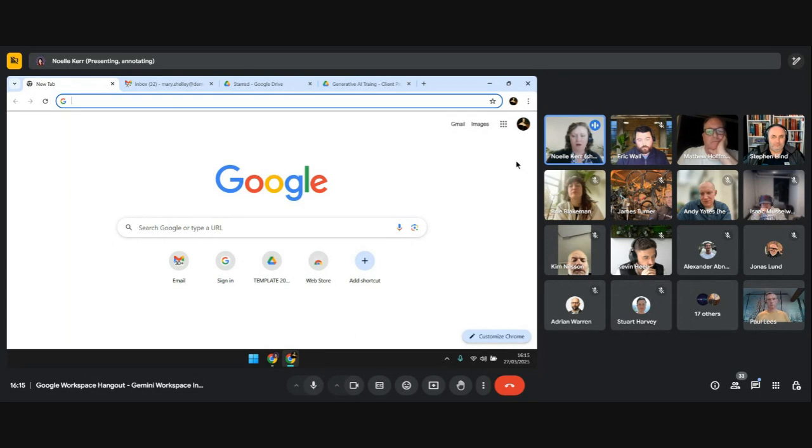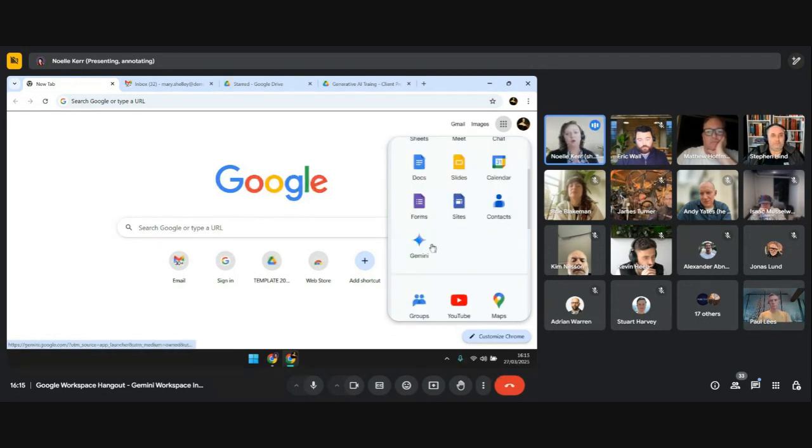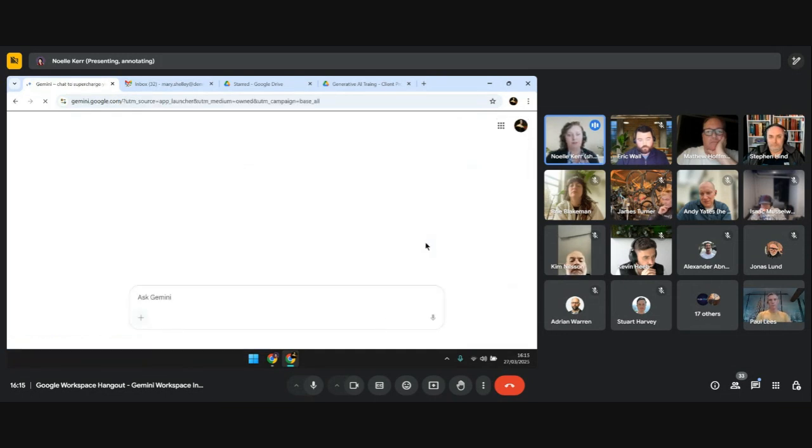So starting from our logged in Chrome profile, we can access our usual Google Workspace apps here. Where we're going to be able to see Gemini is inside of Gmail, inside of Drive, elements in Chat, lots in Meet, Docs, Sheets, Slides. And we'll also find now on the little waffle menu, we have access to the Gemini app. And launching the Gemini app from there, we're coming into Gemini Advanced.